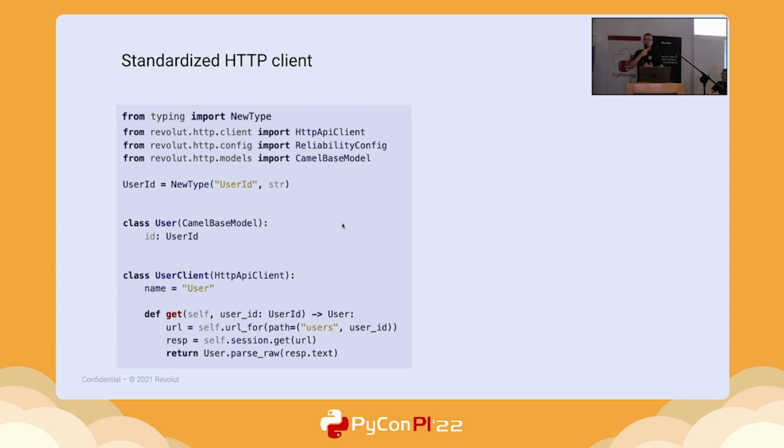In this case, we have a user client, a class which inherits from HTTP API client, which essentially represents getting data about a user from some resource. How do we do it in this case? We generally implement just the business logic, the logic of fetching that user data. We fetch the URL path users, we specify the user ID there, we just get it, so this is the get method, and then we parse it and create the object.